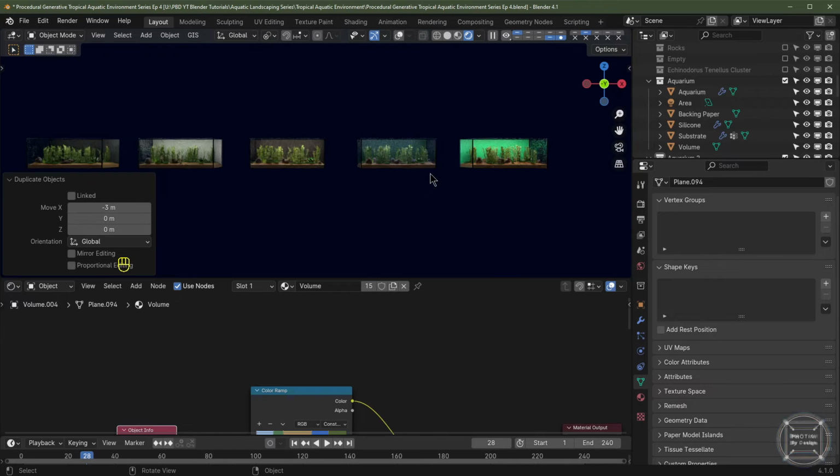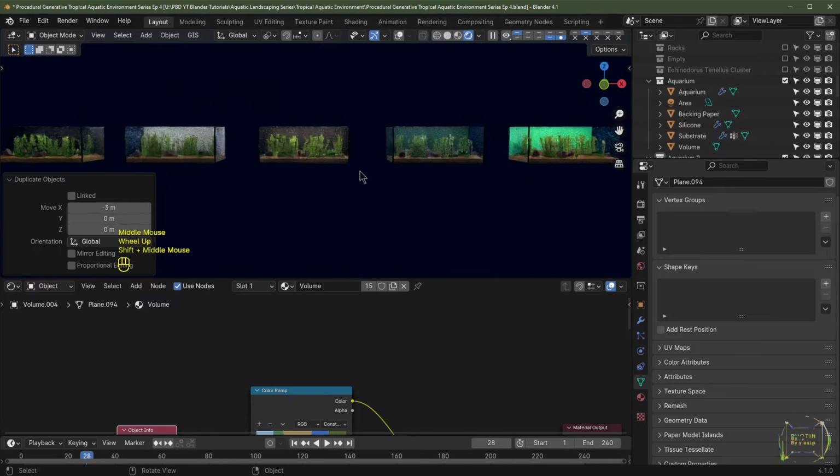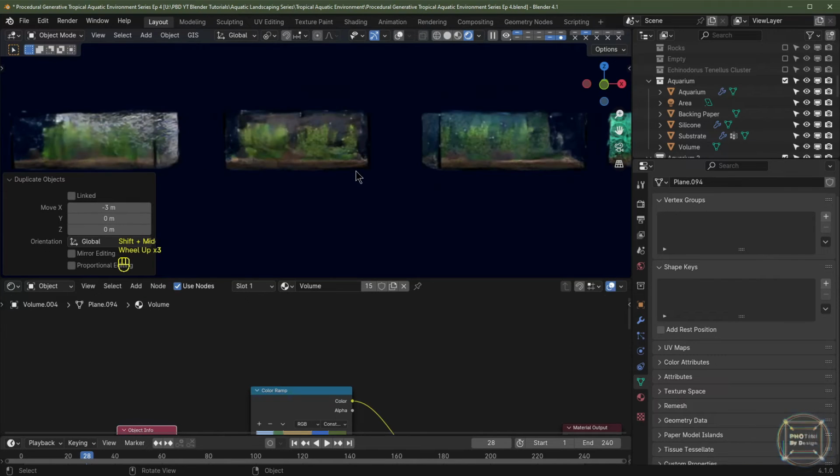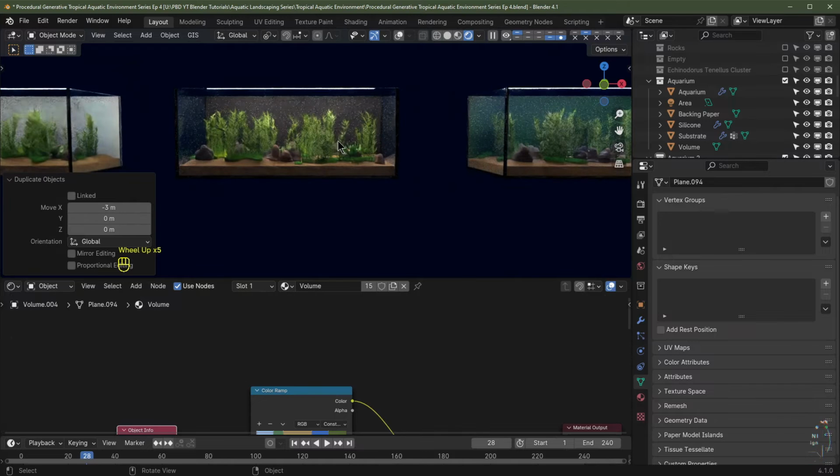So if you made it this far, give yourselves a pat on the back. You've got this asset forever now. And also with this biome system that we made with the geometry node scatter distribution system, you can also append that into another project. You can use that scatter distribution system to make forest floors, meadows, and different biome systems